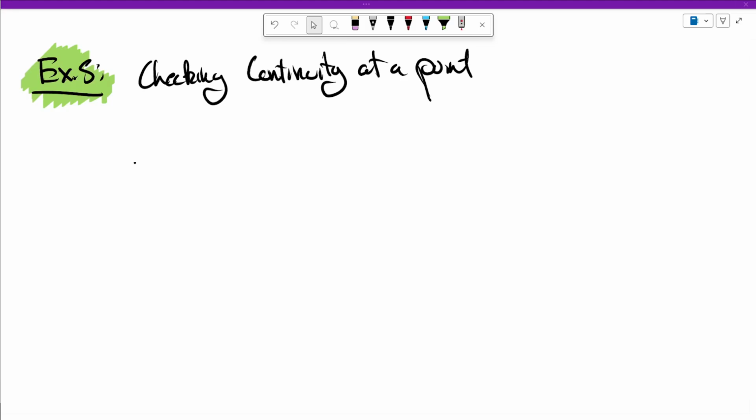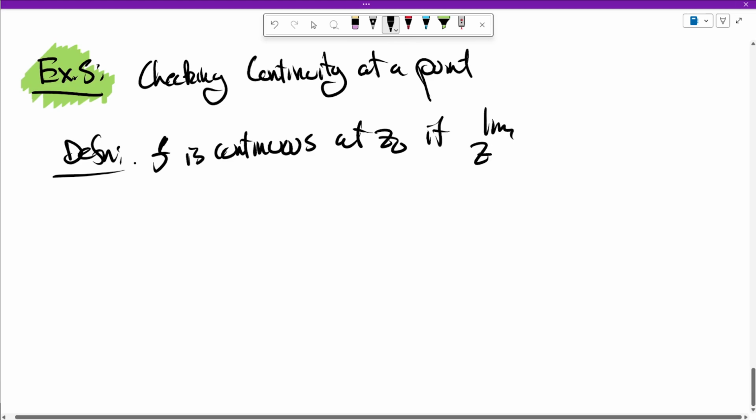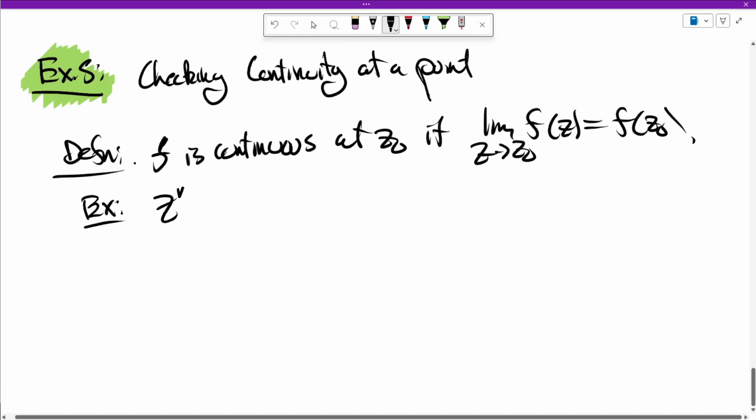All right, so we're going to look at continuity now, and as a quick reminder, here's a definition. We say that f is continuous at some z naught in its domain if the limit as z approaches z naught of f of z is f of z naught, so you just plug in z naught. As examples, we know our power functions are continuous